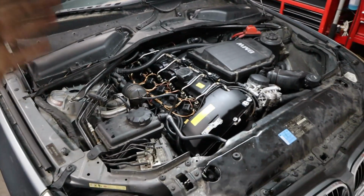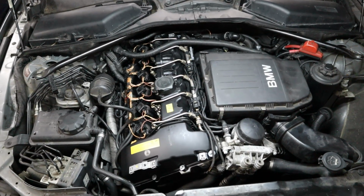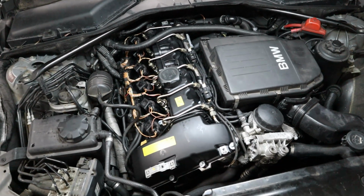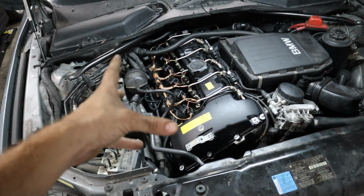And there we have it. Our valve cover is fully installed. Of course, I haven't put the beauty cover on yet because I typically like to start the engine up and make sure that we don't have any oil leaks from around the gasket where it's supposed to be mated with